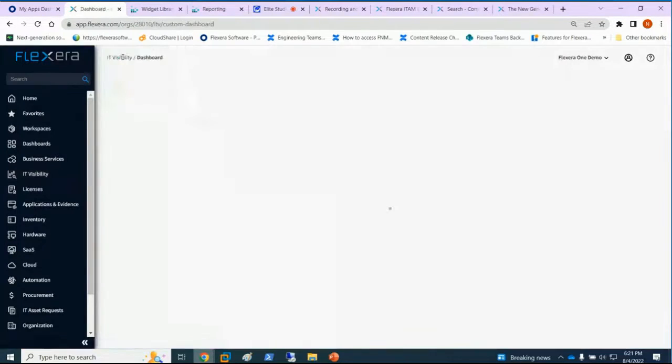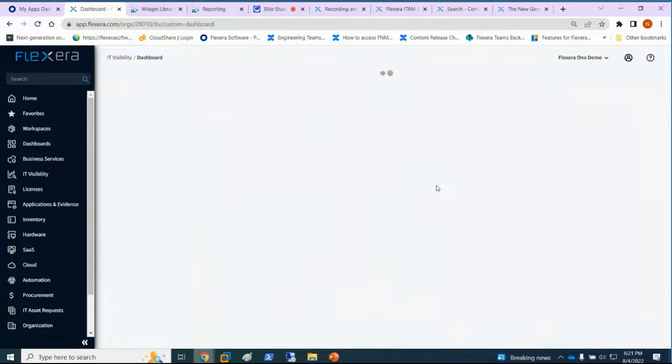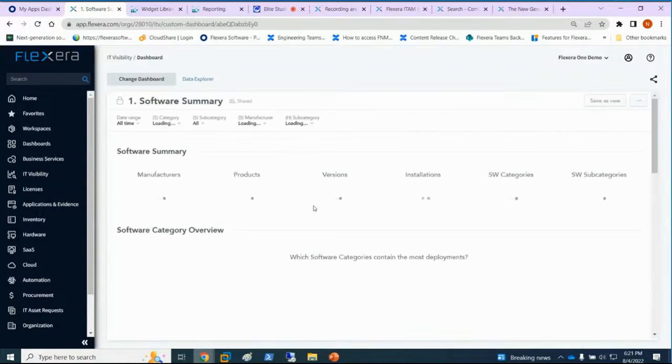So if you go to the dashboard of IT Visibility, there is a new, I would say a new engine, which is maybe less powerful but more flexible or easier than Cognos, where you can actually create a dashboard. This is called Good Data, and the idea is that you have a simple UI to create